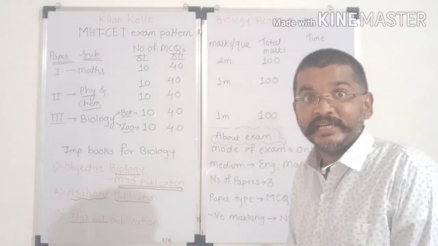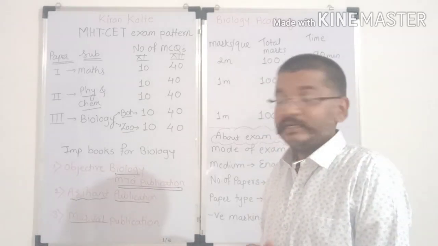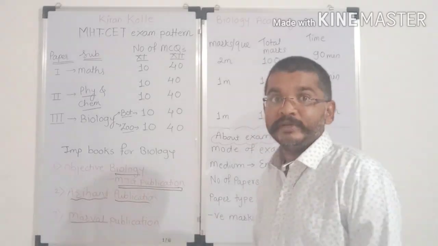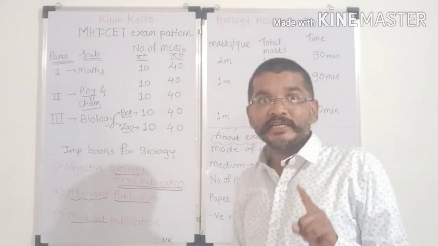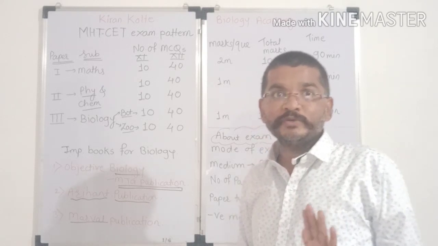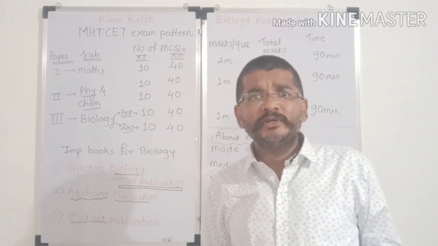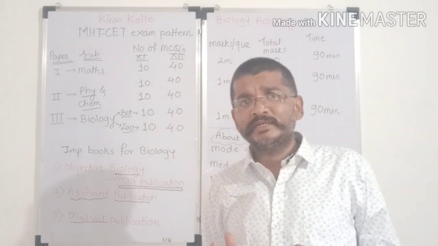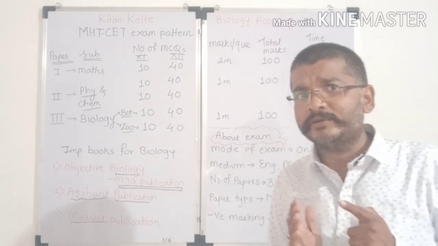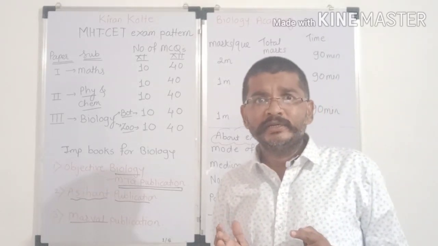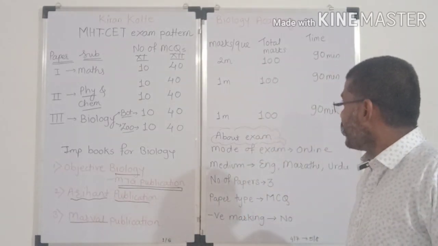More than 170 or 180. If you want to score more than 170 or 180 marks, then you have to refer to the MTG publication along with your 11th standard and 12th standard state board textbooks. The state board textbook is important. MCQ means what? To solve MCQs, you have to clear your concepts. To understand concepts properly, you have to read thoroughly. Reading is important to score good marks in CET or any competitive exam.